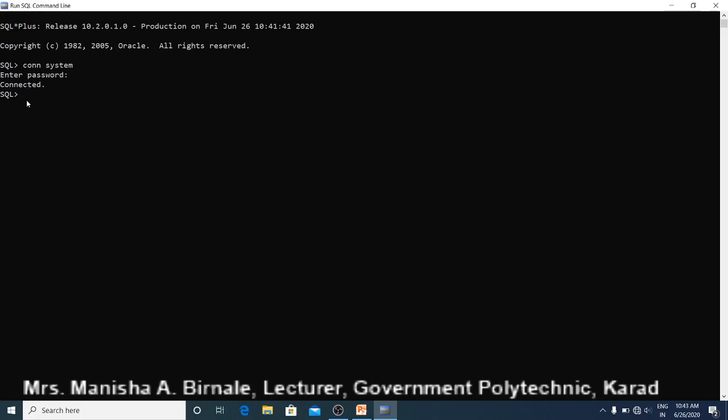Now here you can type your command, create table. Remember the syntax. First we have to use create table, and in front of it we have to write the name of the table, and our table name is student.